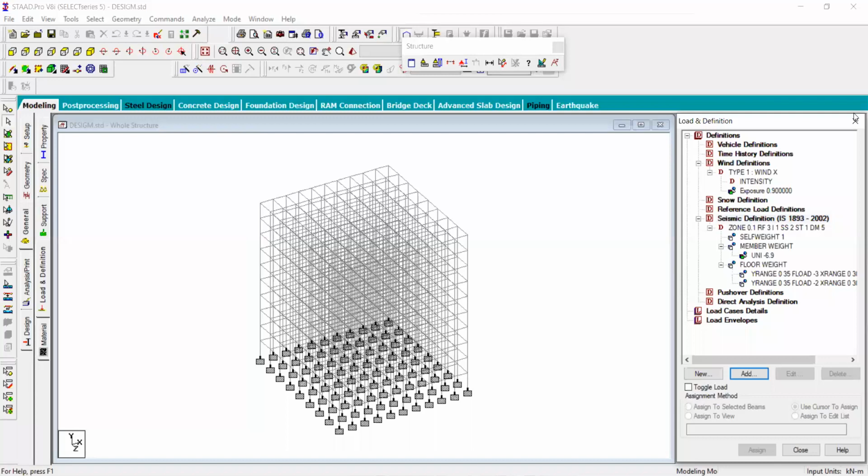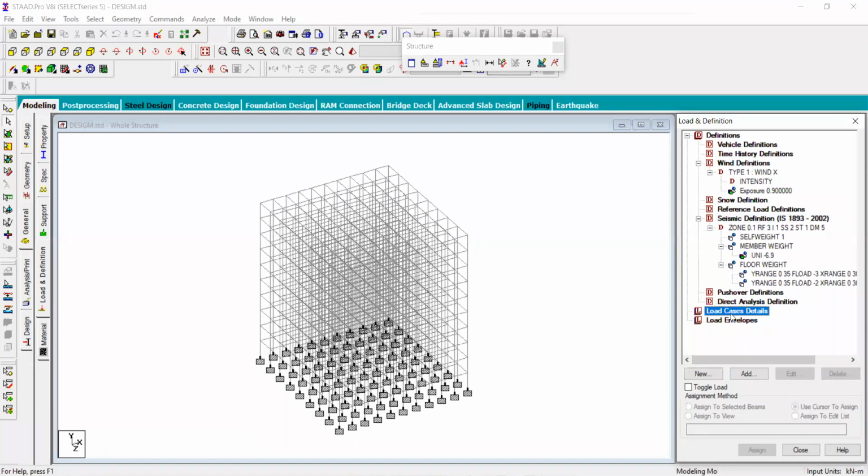I think these are the important things you have to understand very carefully, because when you go for the design, various people do not know how to apply the earthquake load on the structures. They apply only the self weight, not the member weight, not the floor weight, not the live load etc., and say that the building is designed for the earthquake. So after giving these two definitions, you go for the application of this load.